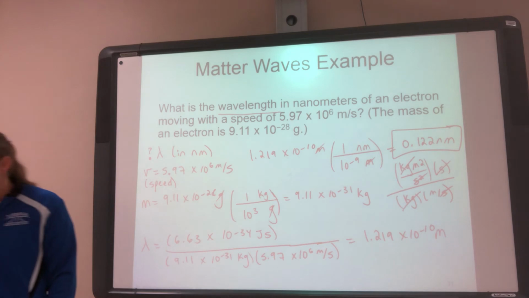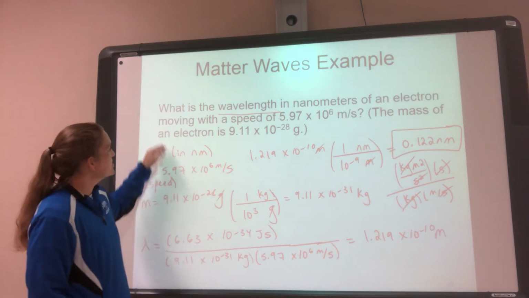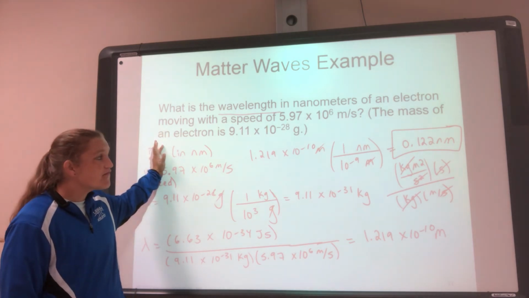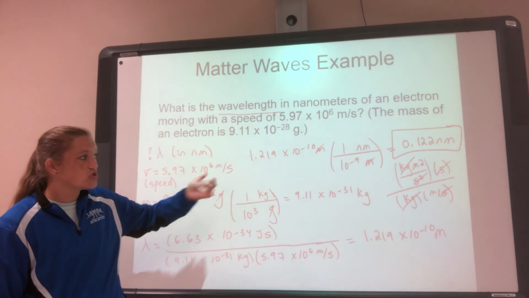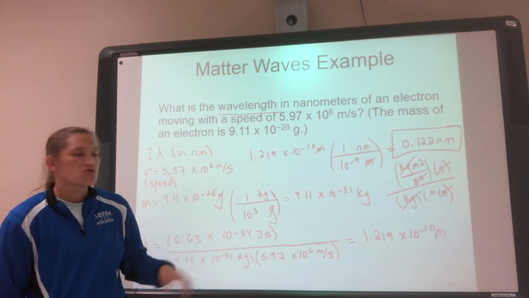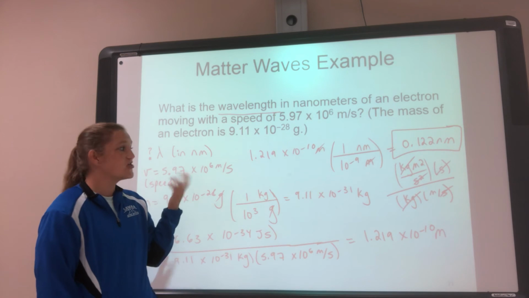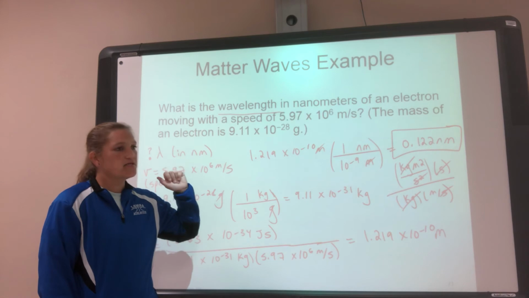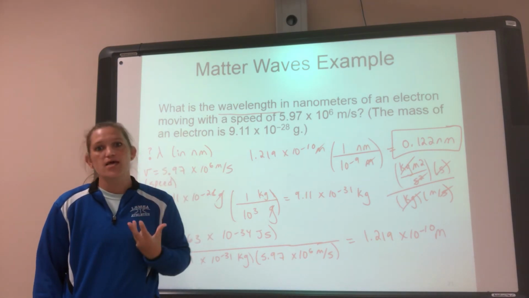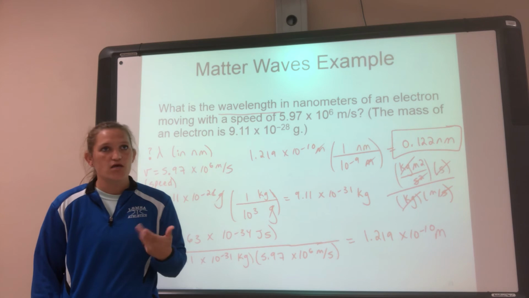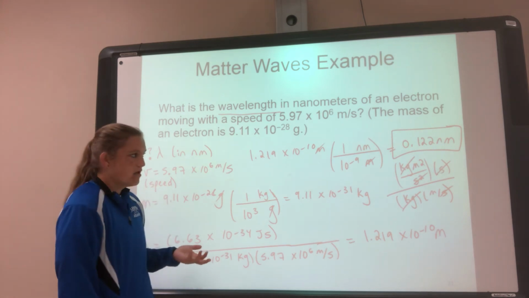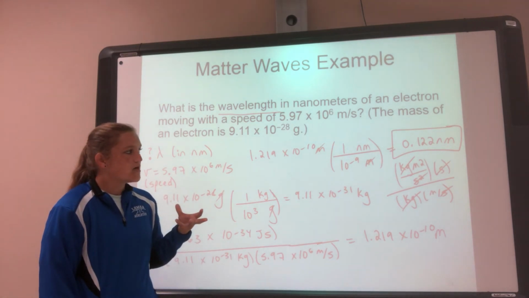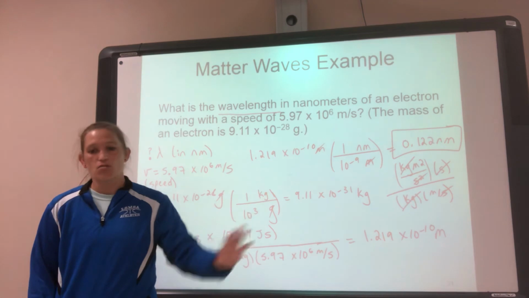With these problems, it doesn't really tell me much about the electron other than its speed and its mass. So it's hard for me to know in what part of the spectrum my wavelength is, or whether that's a right answer or not. As long as you don't have a really big negative number, like negative 7 or up to like negative 40, then you're fine. As long as it's a decent number, not too far below 1 or bigger, then we're okay.